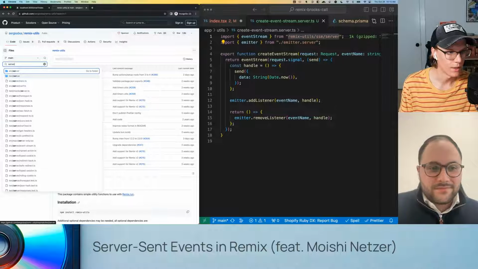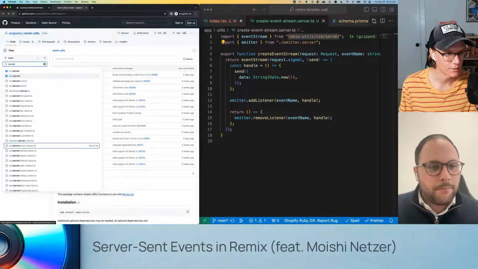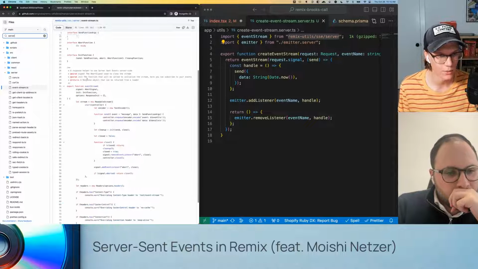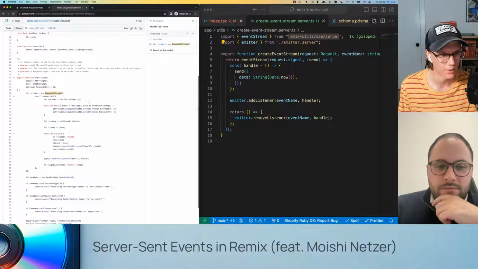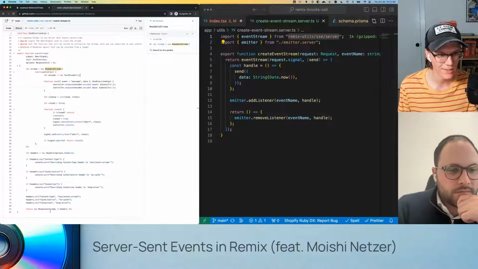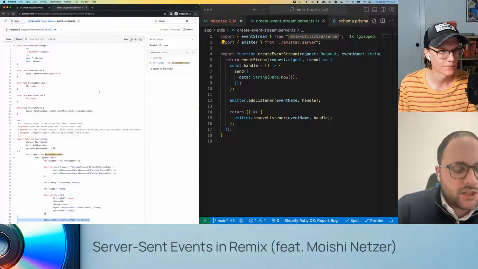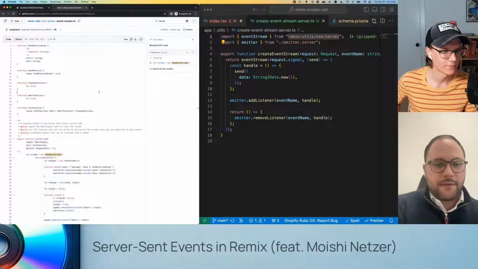It creates a readable stream, all this kind of stuff. It still isn't that complicated. If you missed out that whole section with the abort controller, you wouldn't really be that far off.